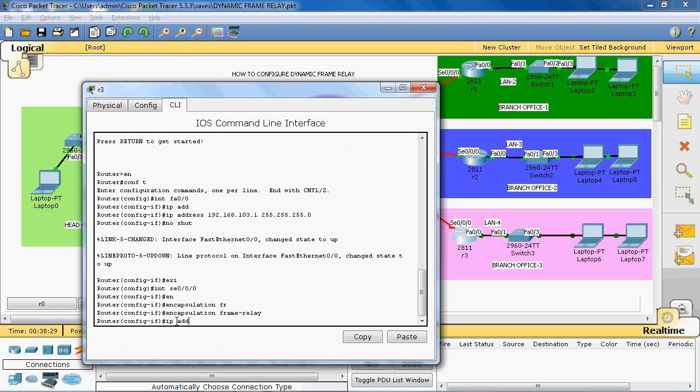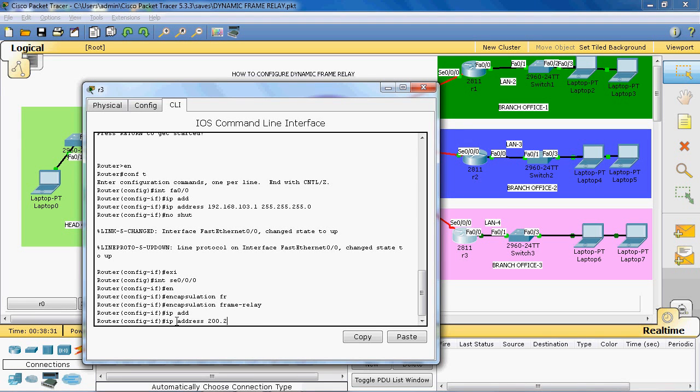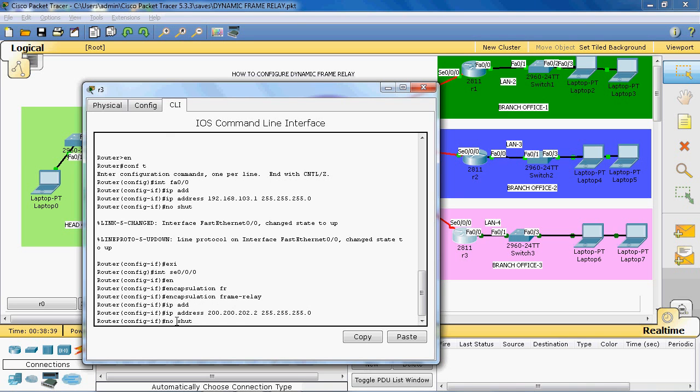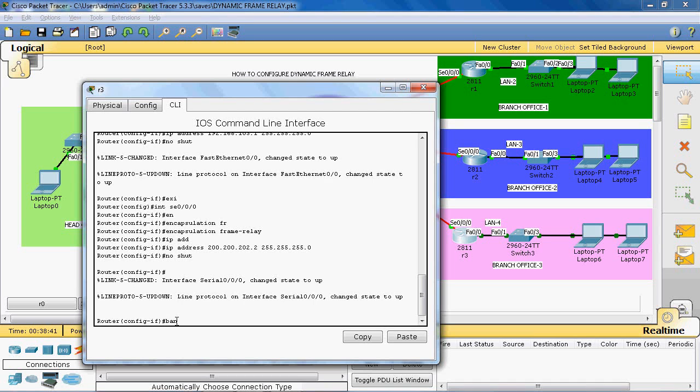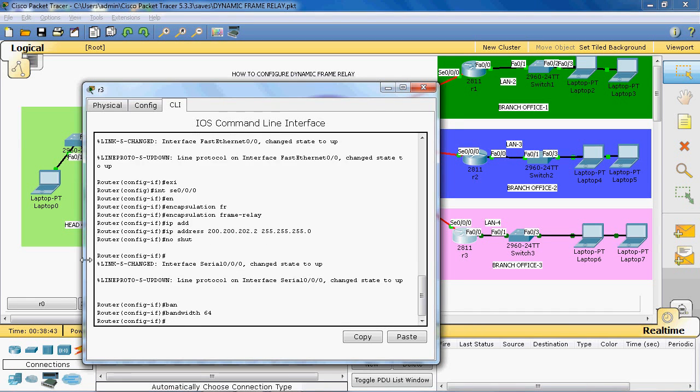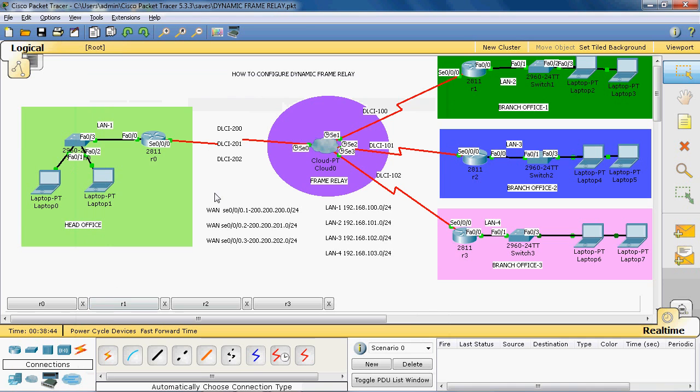Now we can assign the IP address 200.200.202.2, subnet mask is 255.255.255.0. No shutdown, to enable that interface. We can give the default bandwidth 64. Now we can create the sub interface in the wide area network and assign the IP address.